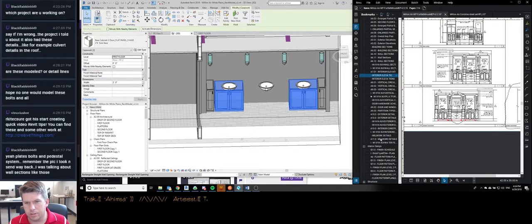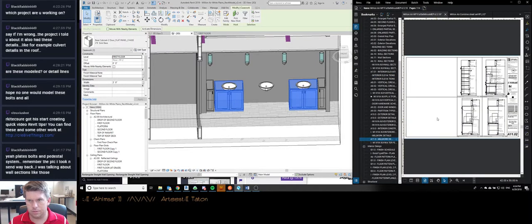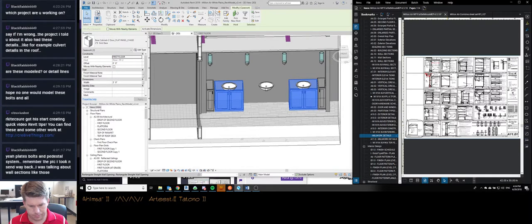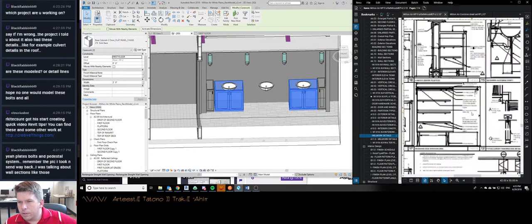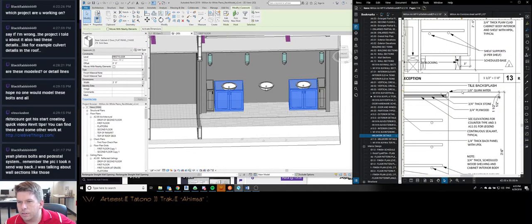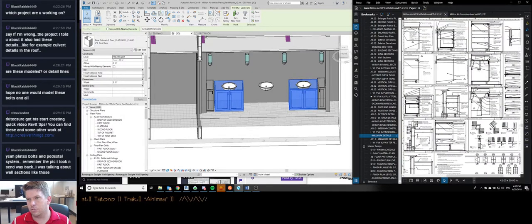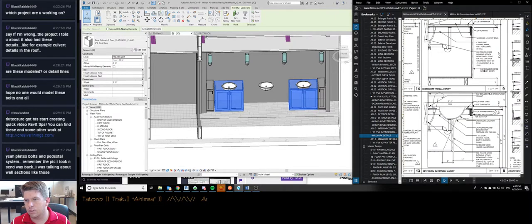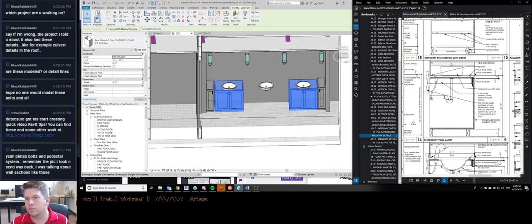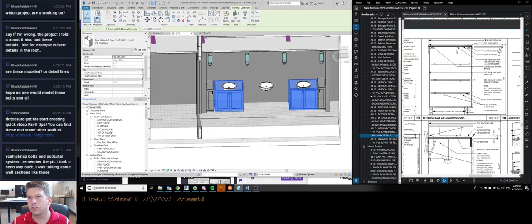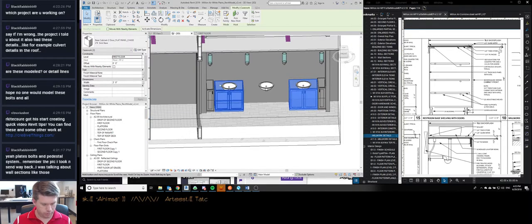Let's verify that. We go in here. Go in here. These are 3/4 inch thick stone. Okay, so it is stone. Stone. Stone. Stone. So we're going to do